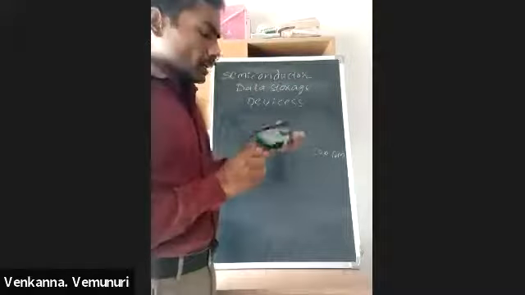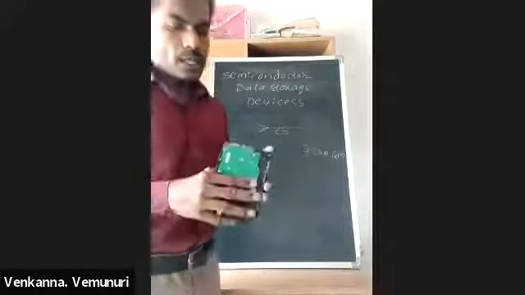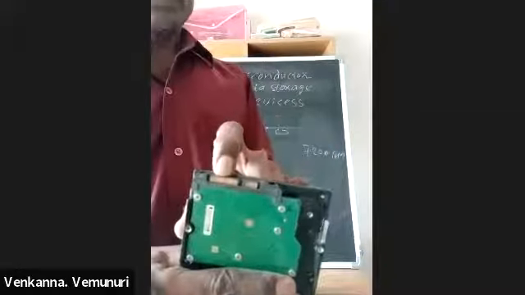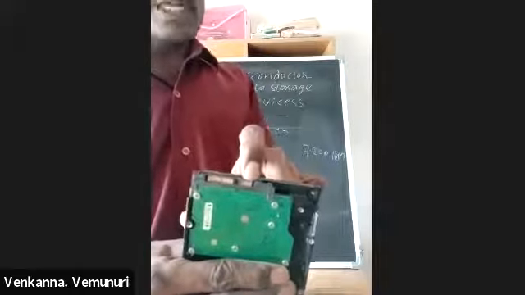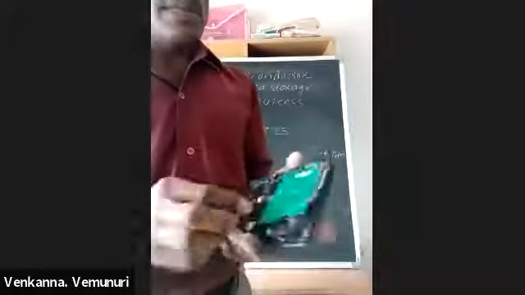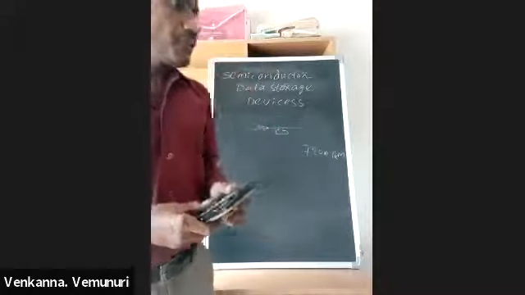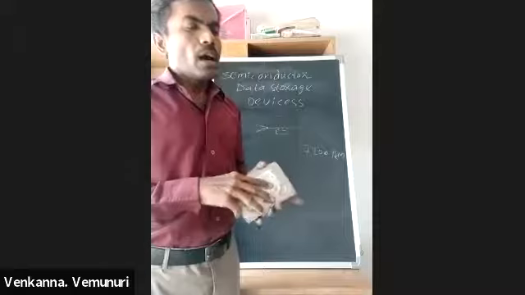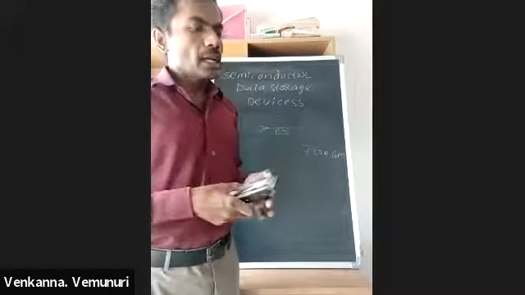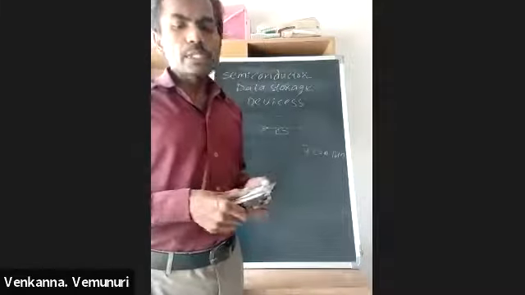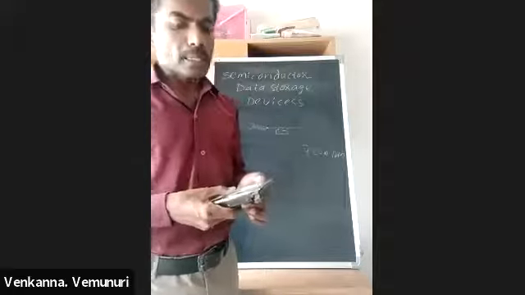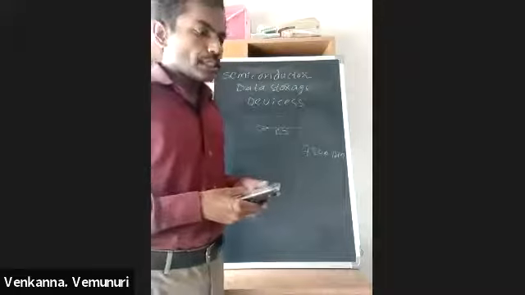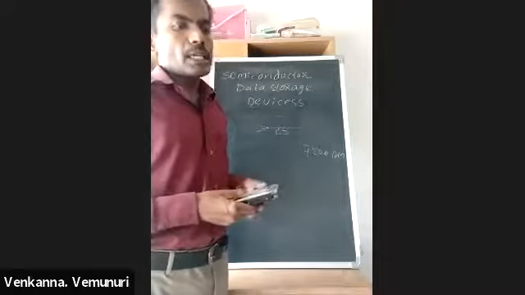And here, in these common problems, see here, these are the connectors. This is the power connector, and this is the SATA data connector. Sometimes, if we are using this hard disk, OS installing, everything is okay. After 2-3 days, suddenly it gives a message: your OS is corrupted. That time we are confused. 2 days back I installed the OS in this hard disk, and again it is saying OS corrupted.